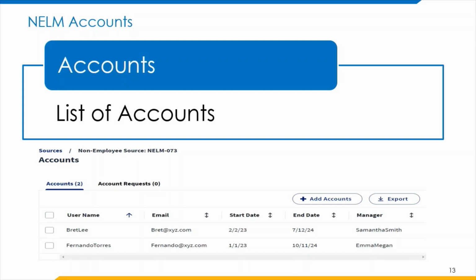in accounts, we can check how many accounts are there in non-employee lifecycle management. This tab will allow the admin and subadmin to check the number of accounts present in NELM. It is basically the same tab where we added the accounts. We can export all the accounts present in NELM. And coming to the next slide,